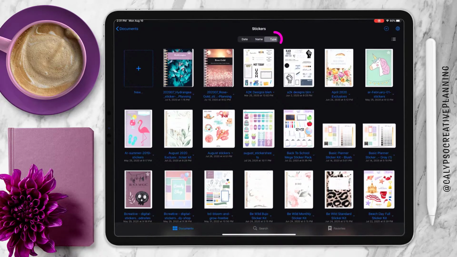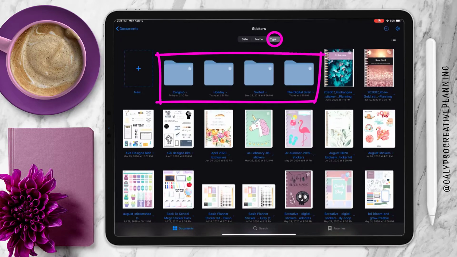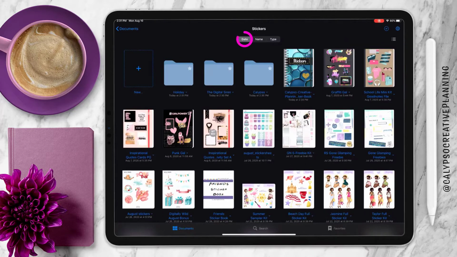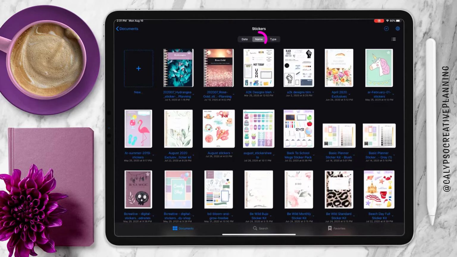So right now I'm sorting by name. You can sort by type, which puts your folders first, and then it puts your sticker books that are loose after that. And you can also sort your stickers by date, and it shows you your most recent additions to your collection. I personally like to sort my stickers by the names, and that makes it easier for me because